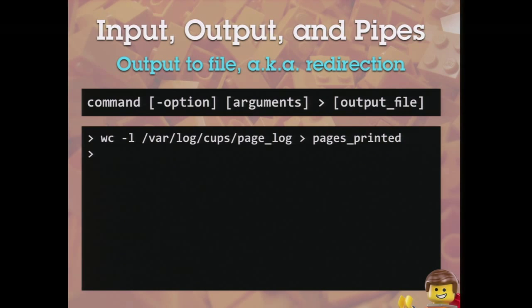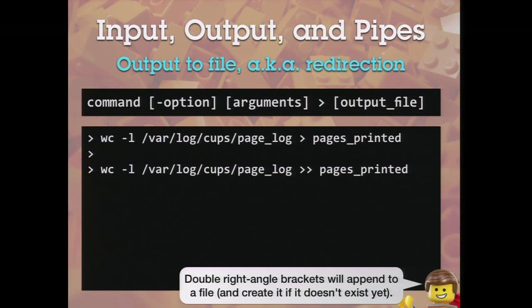If I were to cat out the file, you guys know cat, it would show me the exact same spaces, 14, and the file path from before. If you want to append to an existing file or create a new file safely, use the double angle brackets and it won't wipe out the contents of the file. Again, nothing is returned to the terminal.